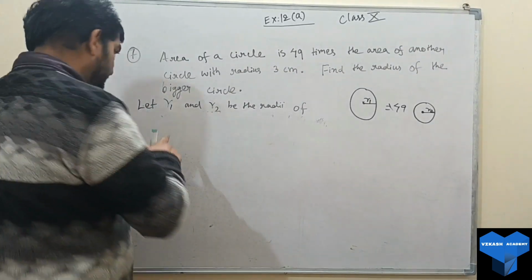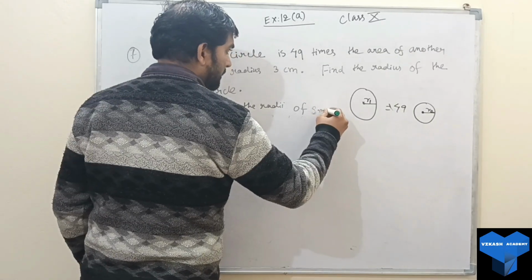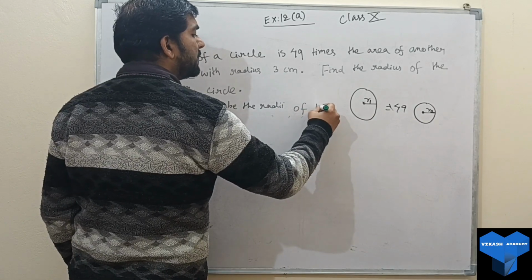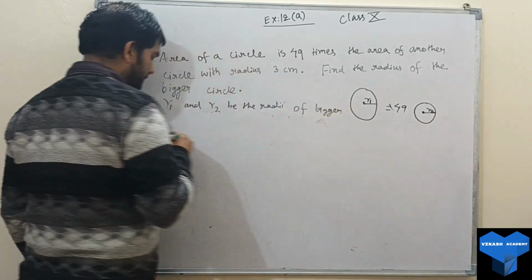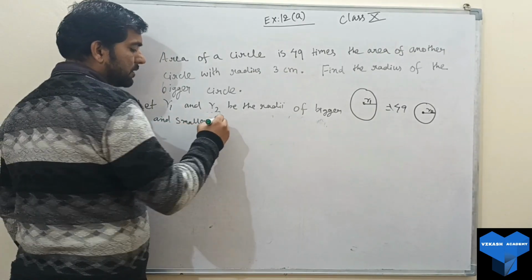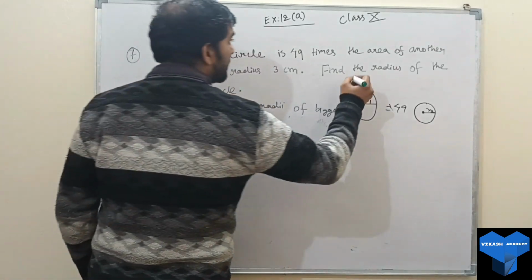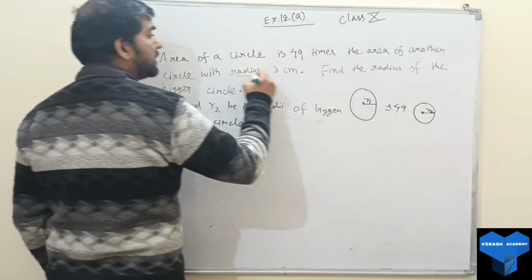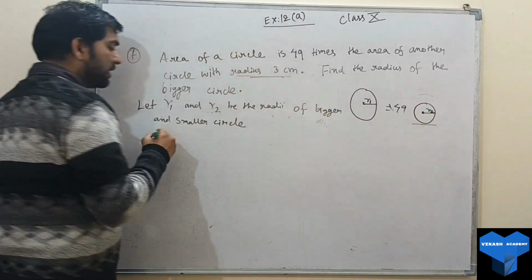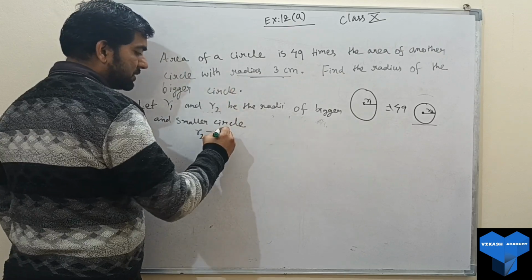So here we have written that r1 and r2 be the radii of the bigger circle and the smaller circle. R1 is for the bigger circle. They have already given the radius of the smaller circle, so we can write that r2 is equal to 3 centimeter. Now,